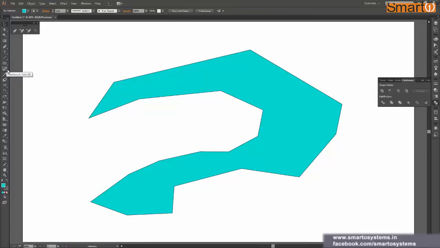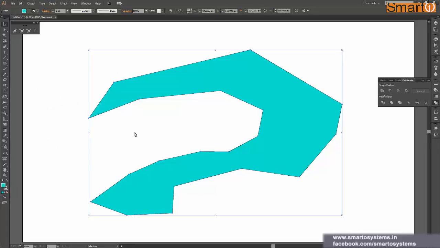Now this circle we have seen actually in, I think, the brush tool and pencil tool also. Yeah, in the pencil tool and paintbrush tool, where we draw something, and while reaching the starting point, if we press Alt, it shows us a circle. So when I release it, it closes my shape automatically. Yeah, so the circle signifies the closing shape in Illustrator. So you can say that this is the first functionality of the pen tool. And now let's see the next functionality.